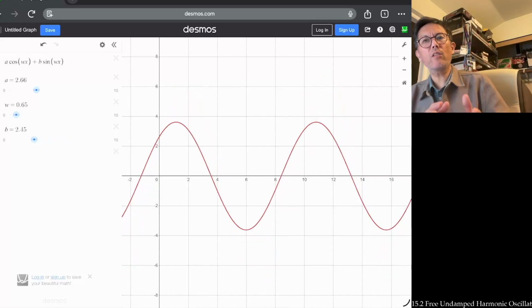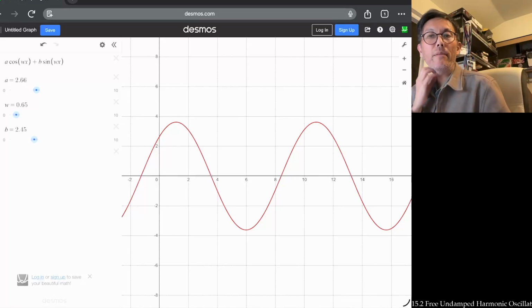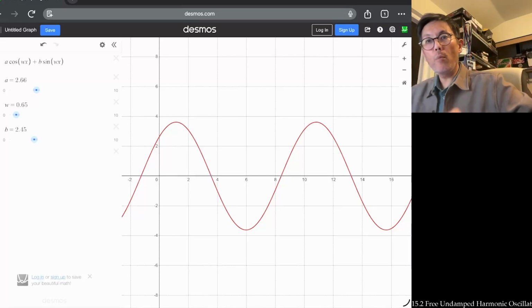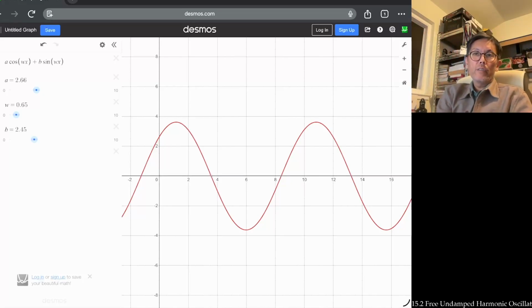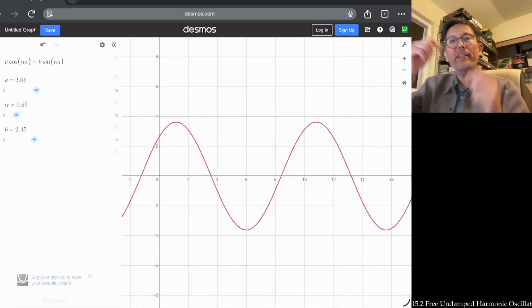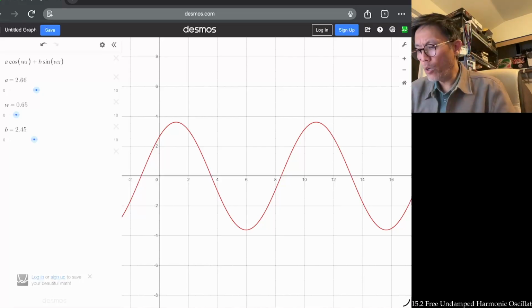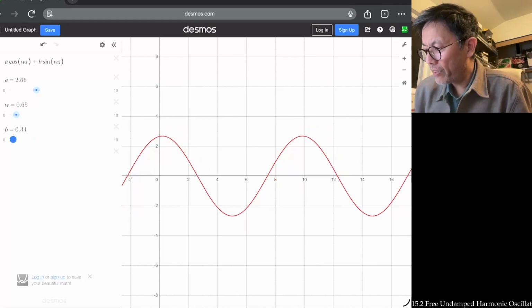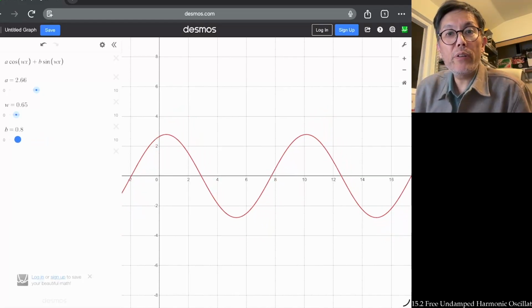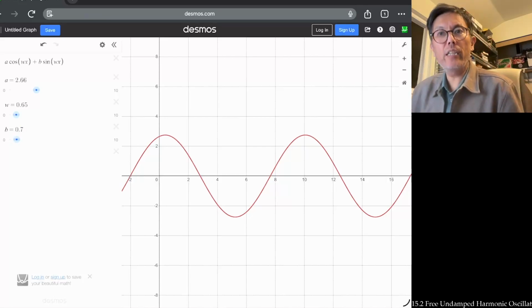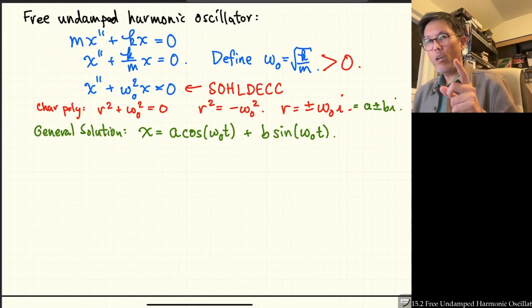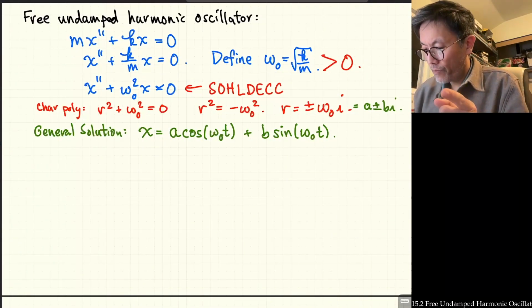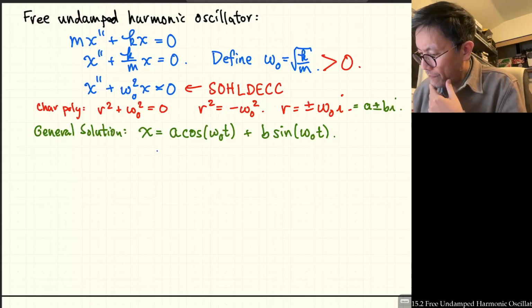But it seems as though if we mess around with A and B, as long as omega is fixed, the period of the oscillation doesn't change. But it does seem like the amplitude changes, and so does this interesting horizontal shift that we sometimes call a phase shift in our sinusoid. All right? So with that in mind, maybe what we can do is rewrite this as some